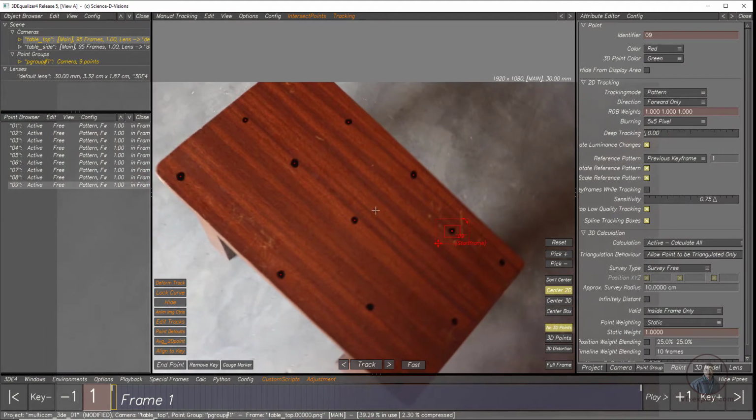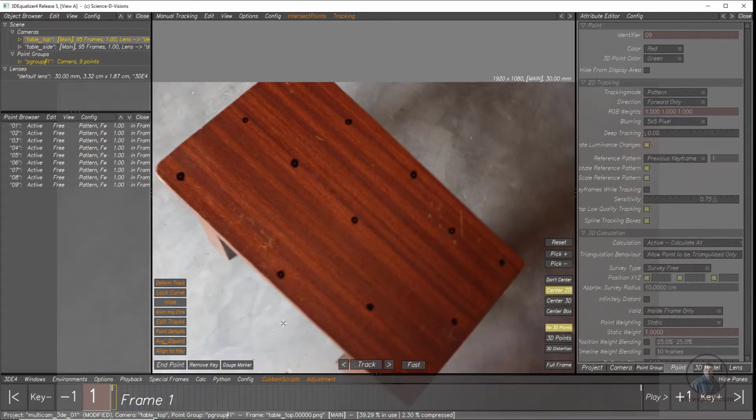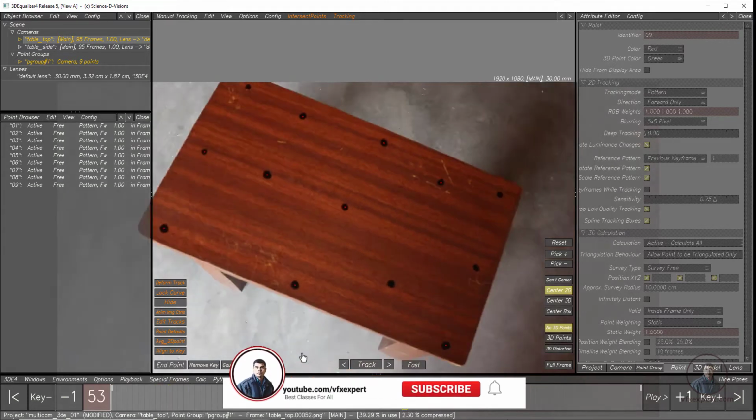I think these points are sufficient for us. Then hold alt and click here. So I have tracked 9 points, or 9 markers, here.